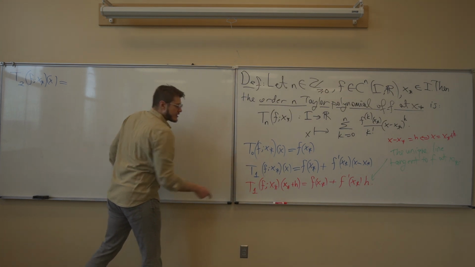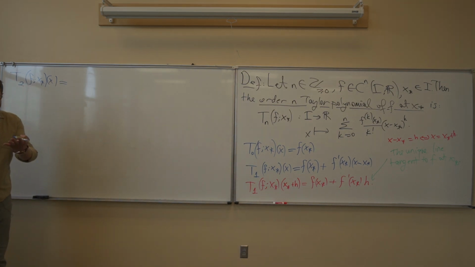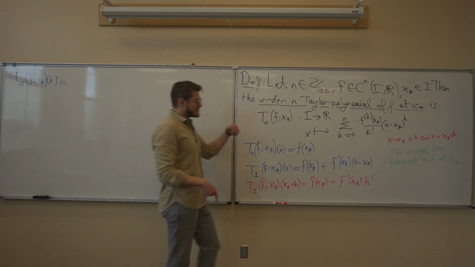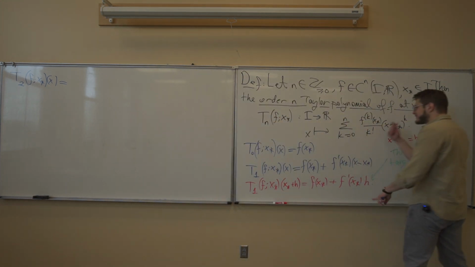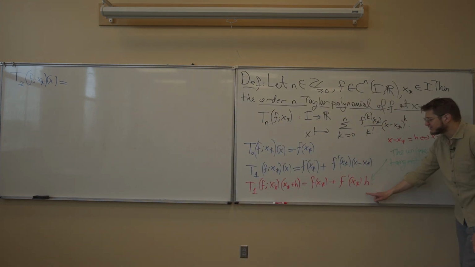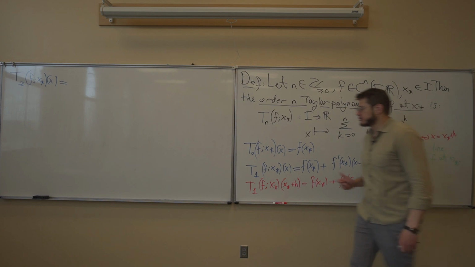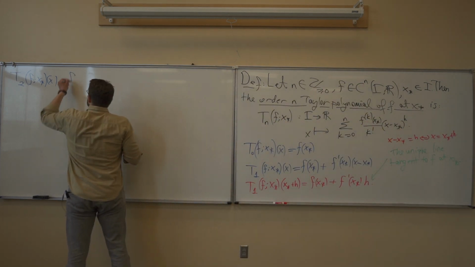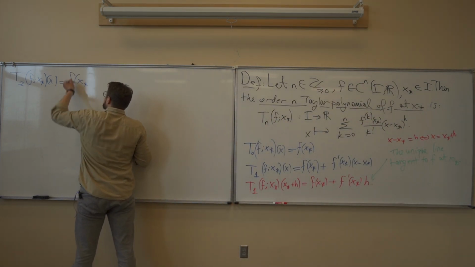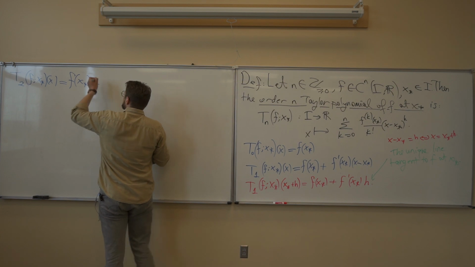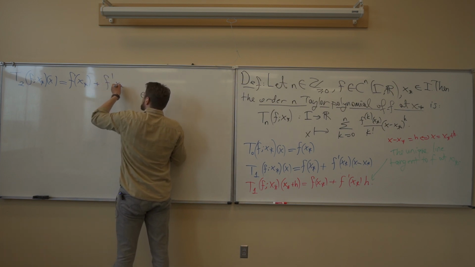So you see these Taylor polynomials are nested in a sense. To get the next Taylor polynomial, all you need to do is to add the next term. So I can start with this and then add the 2nd order term. That's my 0th order term plus 1st order term